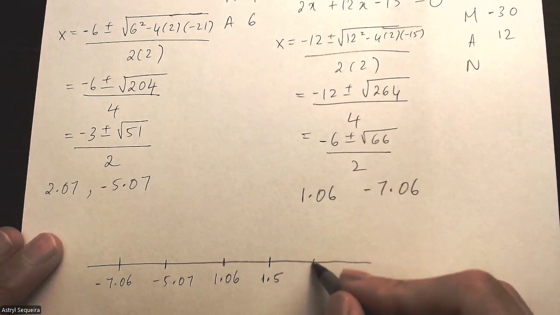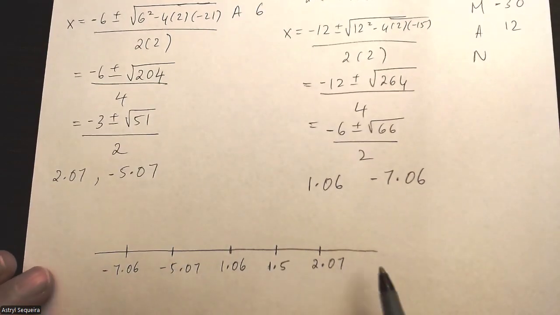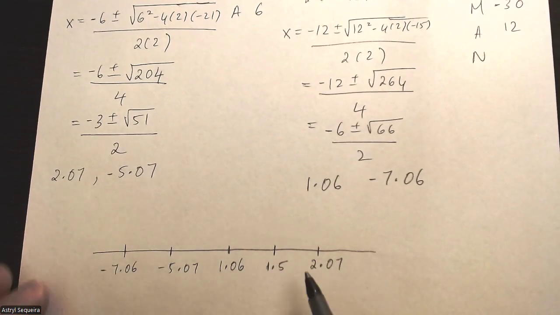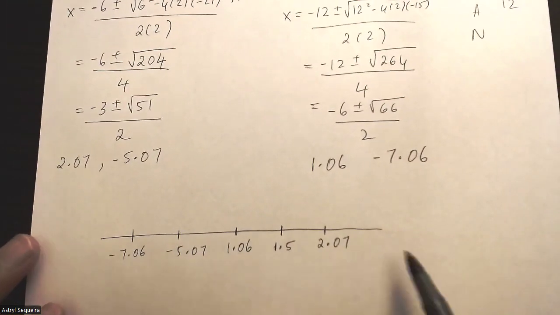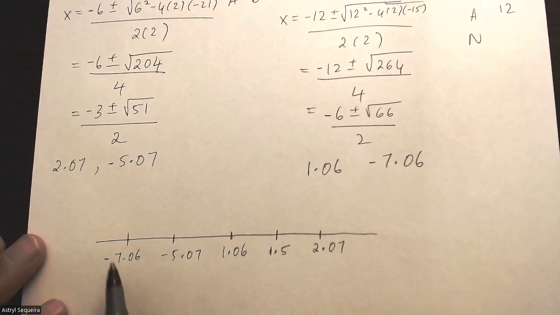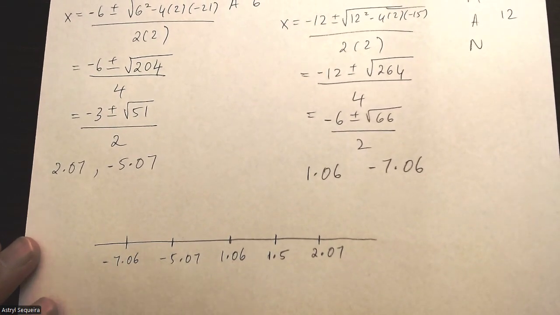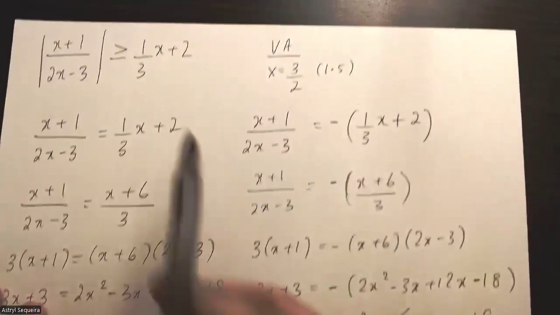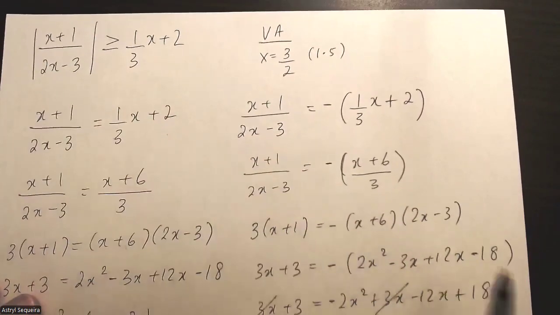And finally, it is 2.07, which is all the 4 points of intersection and the vertical asymptote included. So now I can test on this number line. I'm going to pick any value less than negative 7. I'll pick negative 8. And you want to sub it in and check whether this inequality is going to be